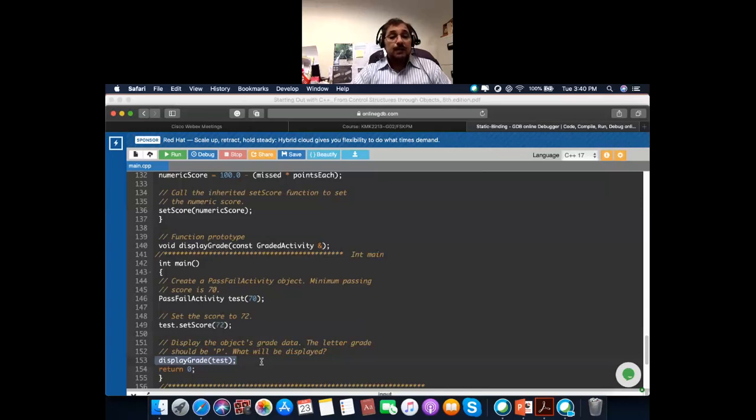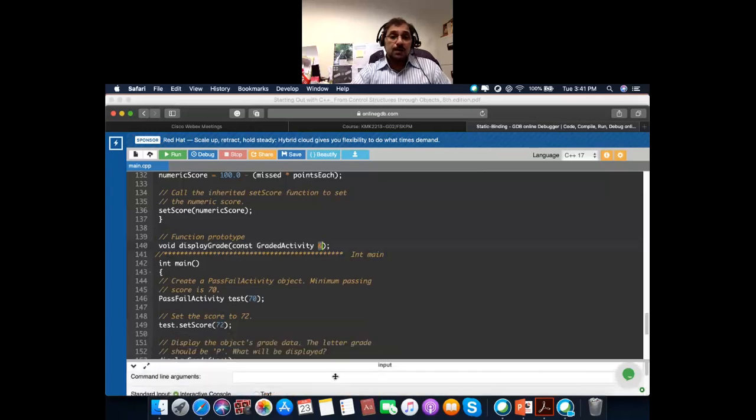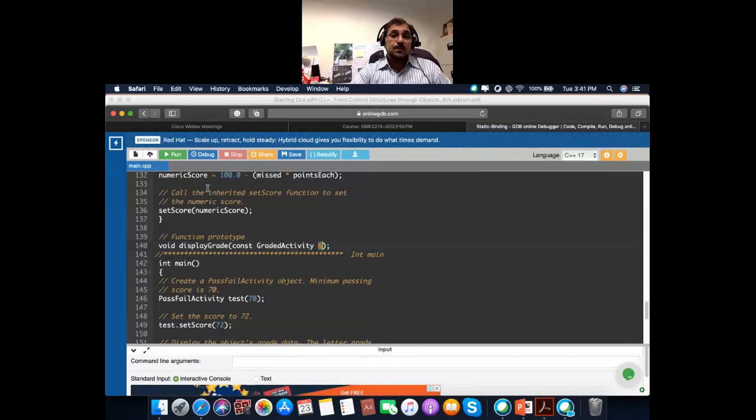When we are calling the function, it is not clear here whether the object is sent by reference or by value. It is only clear during the declaration and definition. If there is the ampersand, the address symbol, it shows that the object is sent through a reference. So if I run this function now,